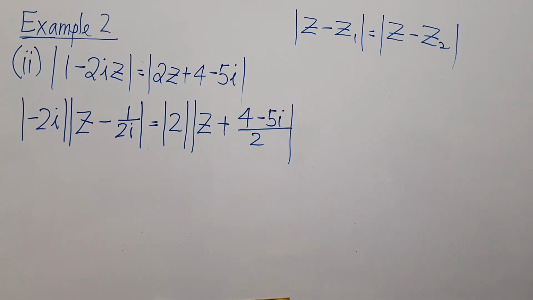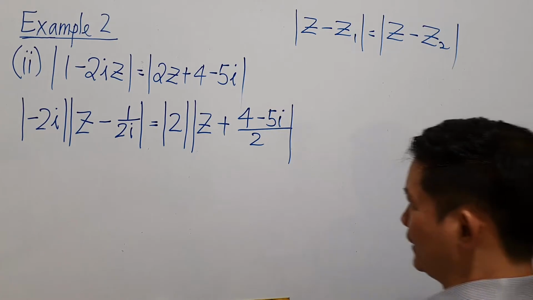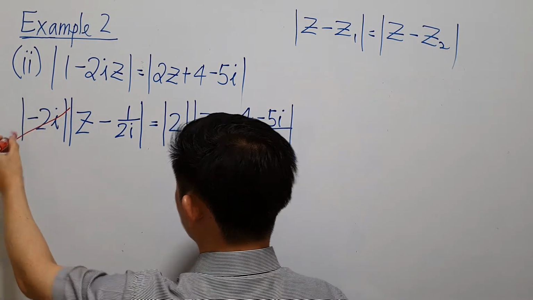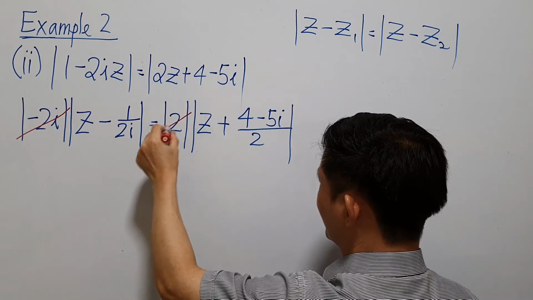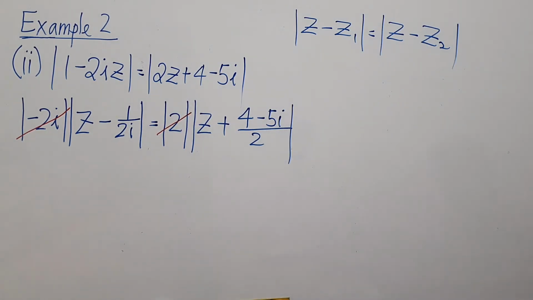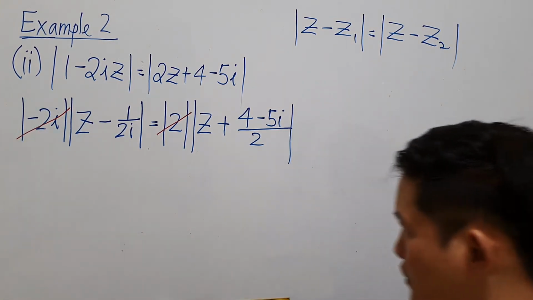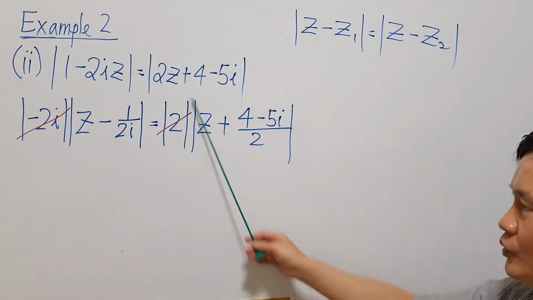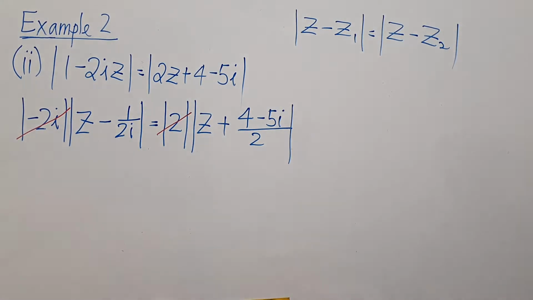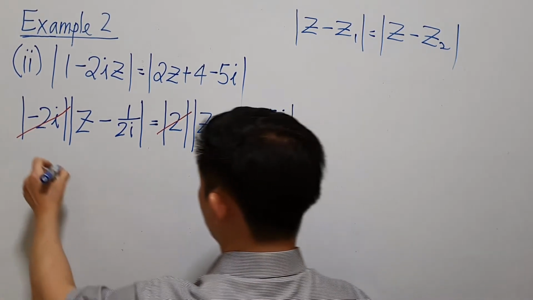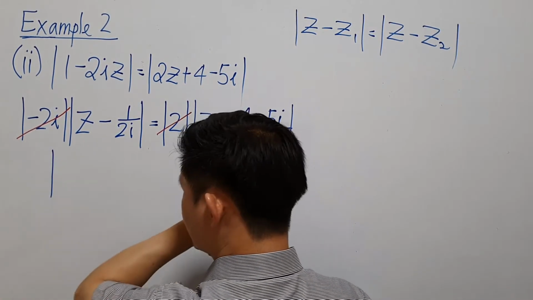After factorizing, I want you to know that this number on the left can cancel out with this number on the right. Why is that so? Because the modulus of the complex number minus 2i is exactly 2. And this is also 2. So therefore, I can cancel away these two. Now I can rewrite a little bit more. I can rewrite this thing as